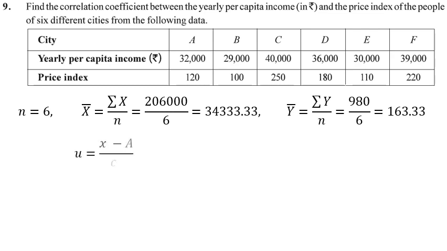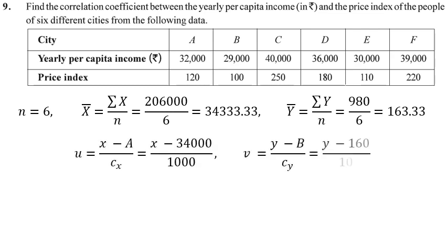So I am doing something like this here. For u, x minus 34,000 from the average 34,333, so I just took 34,000 from there and divide by 1000. For v, the average was 163, so I took 160. Getting my point? See what I did there? Easy, right? So u is x minus 34,000 upon 1000, v is y minus 160 upon 10,